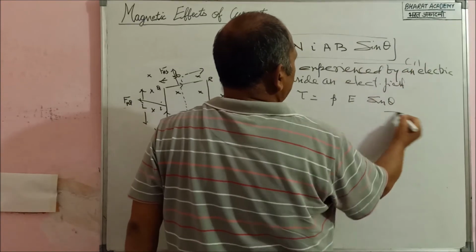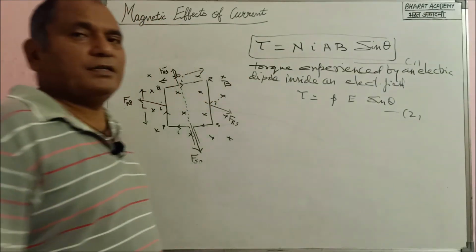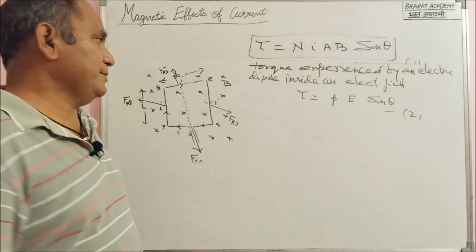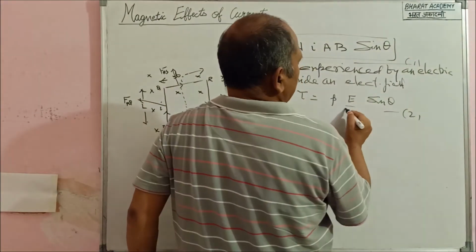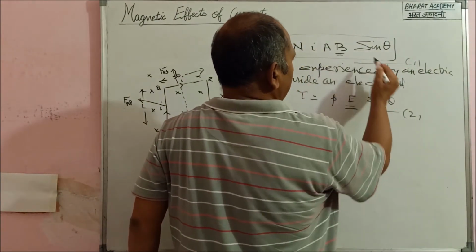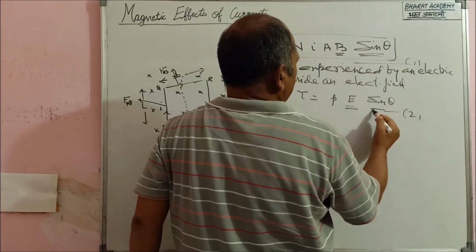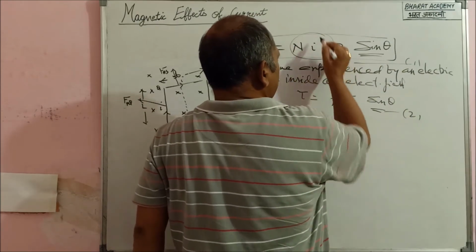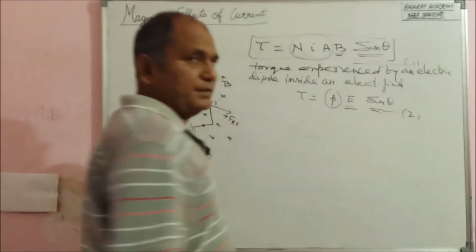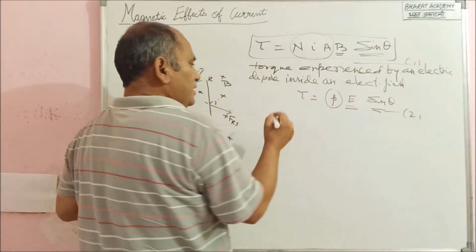Let it be 1, let it be 2. If you compare these two, what is happening? This E is the electric field, here we have got the magnetic field, sin theta we have got sin theta, but in place of this NIA we were having P, right? By just comparing these two equations,